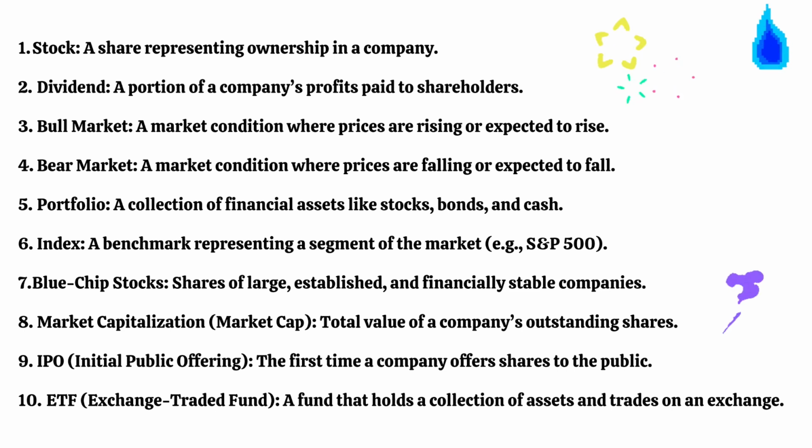Let's go into portfolio. A collection of financial assets like stocks, bonds, or cash. Portfolio is basically all of your different financial assets put together, kind of like organized neatly, not literally, but theoretically. For example, you have 10,000 in cash, you have 5,000 in stocks, you have 3,000 in bonds, you have 1,000 in crypto. That's your portfolio. Your money consisting of different things in the different areas that you have it invested in.